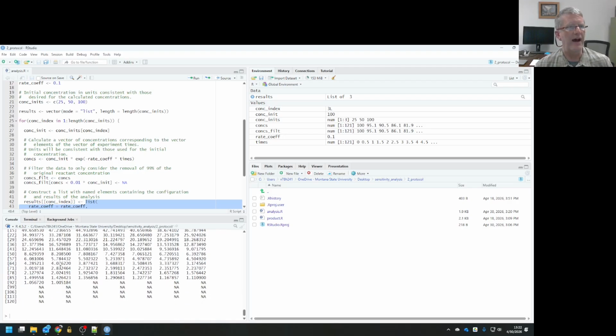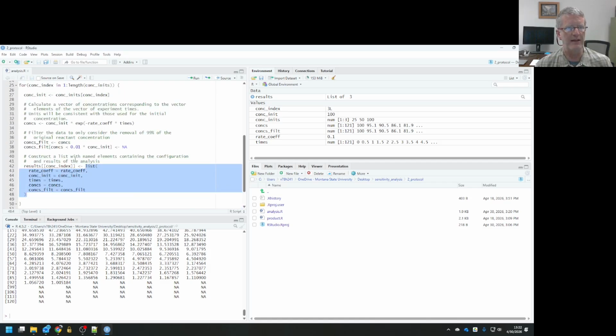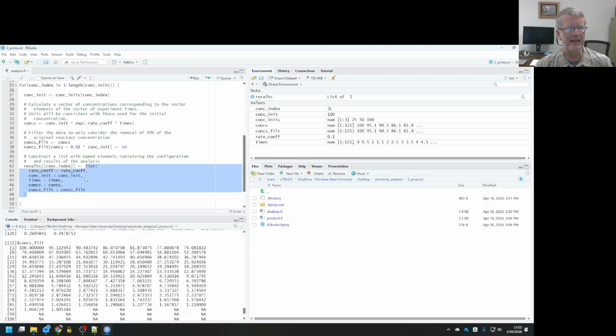So we've created a hierarchy here. There's a list of lists, which is a really common thing to do with lists for keeping track of hierarchical information. In this case, the top level of our hierarchy is each time through our loop, which means we're changing the initial concentration each time through the loop, redoing our calculations, and saving those results. The second level of the hierarchy is the list that's keeping track of all of the results for a given